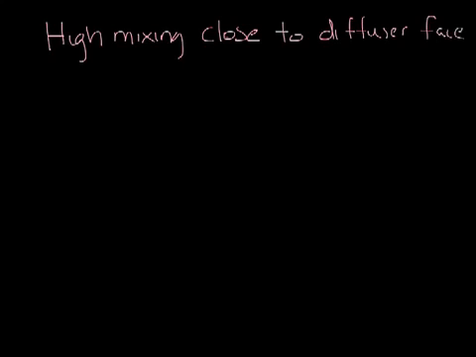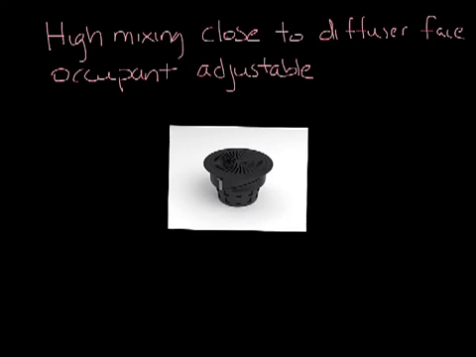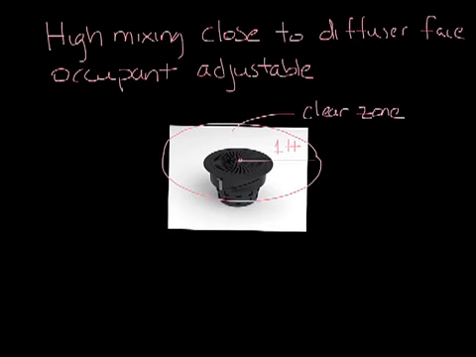A typical underfloor diffuser is a high induction occupant adjustable swirl diffuser, and it looks something like this. This is our Taffer diffuser. The area around the diffuser that should not be occupied is called the clear zone. For ours, it's 1 foot off center line, forming a circle of 2 feet. Outside the circle should be pretty close to the comfortable range of 75 degrees and 50 feet per minute. You also want the diffuser to have a throw of about 4 to 5 feet so that you don't mix